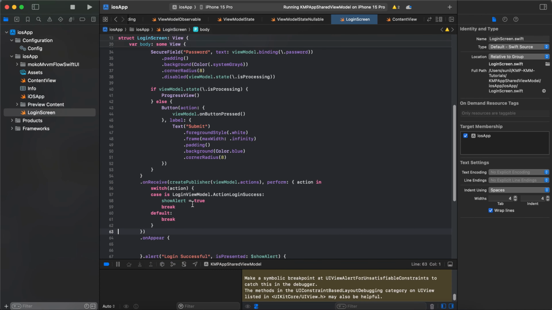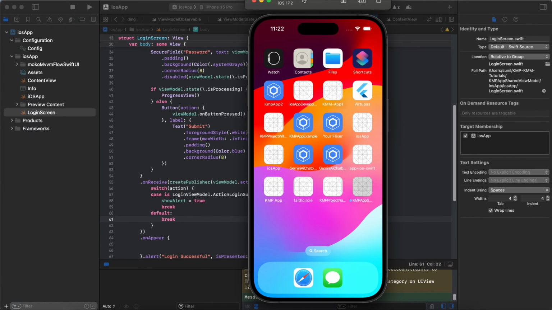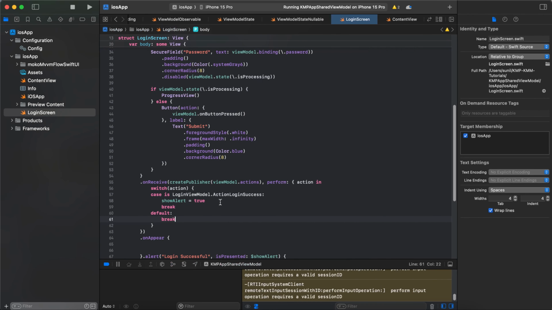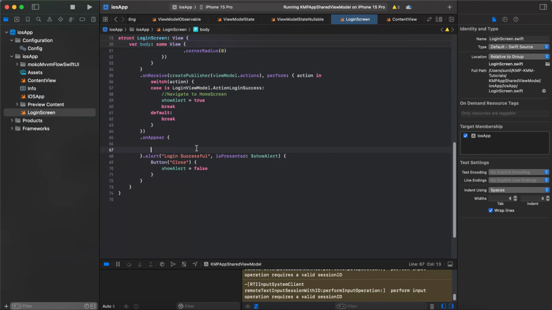Okay, fine. Now let's try to run it. Yeah, so here we can navigate to the home screen, right? So this is it. And now another way can be, if there is some state we want to observe,